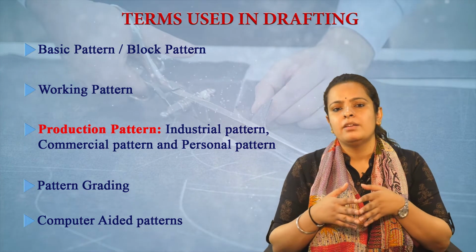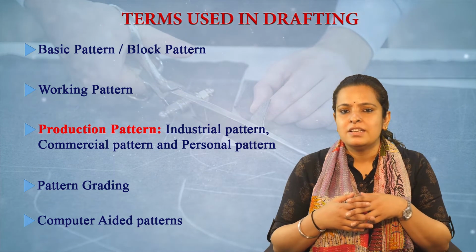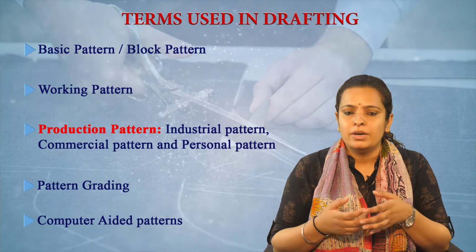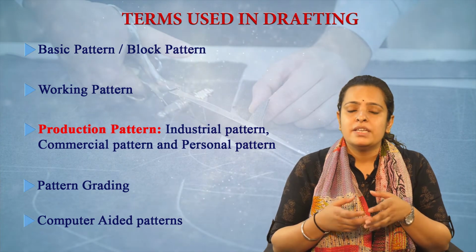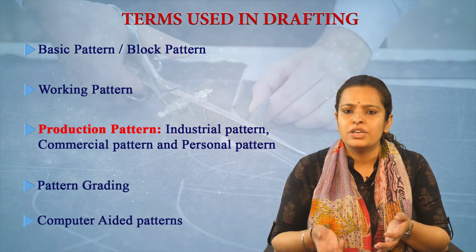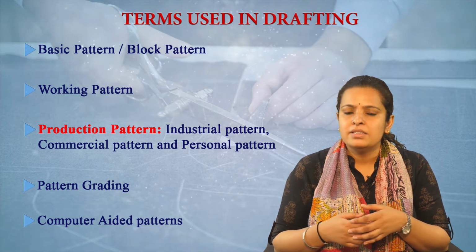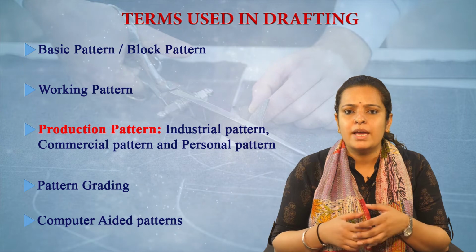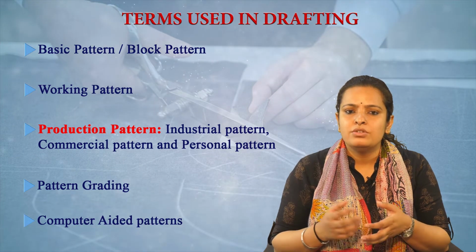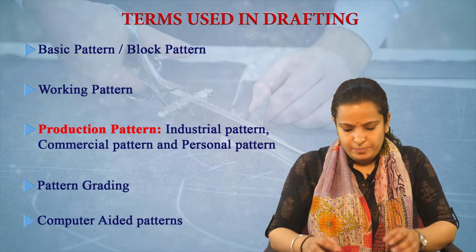When you go for pattern making, and as you will see when we discuss the steps involved in the construction of basic blocks of the body or the sleeve, there are lots of calculations and manipulation of numbers. So software like computer aided patterns decreases our time and pressure for converting all the measurements in an easy way. So this was about the terms we generally use when we go for